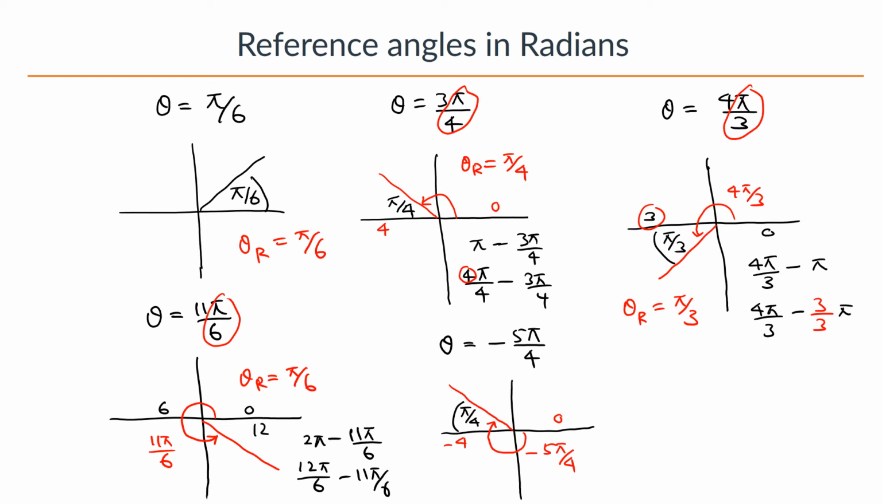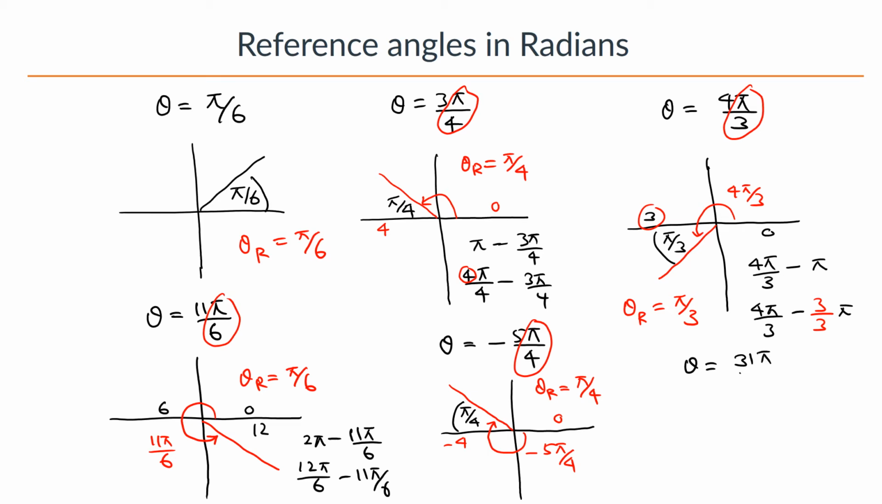So in this case, again, the same argument. So reference angle is simply this part. So it is theta r equal pi over 4. Still positive. Reference angle is always positive. So let's do one more. So how about this one? So let's say theta equal